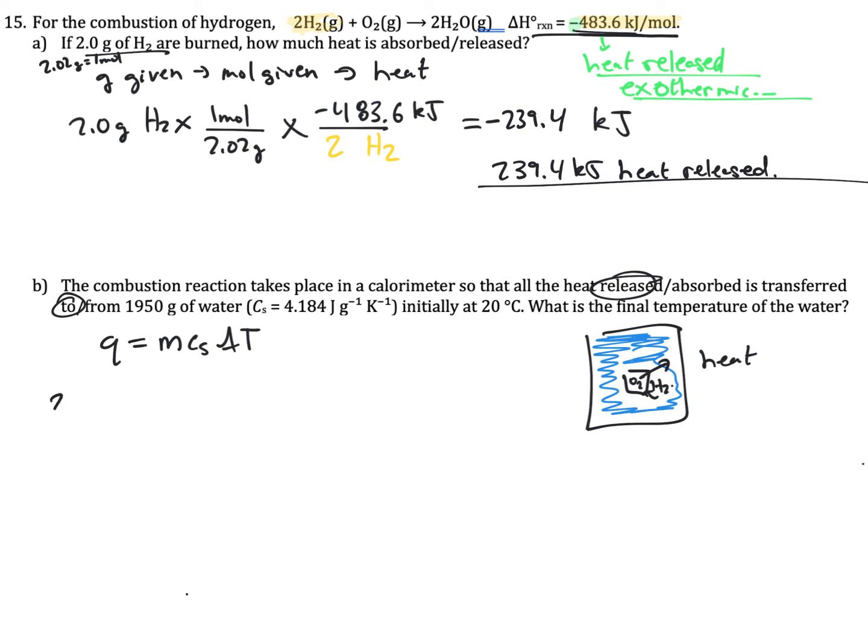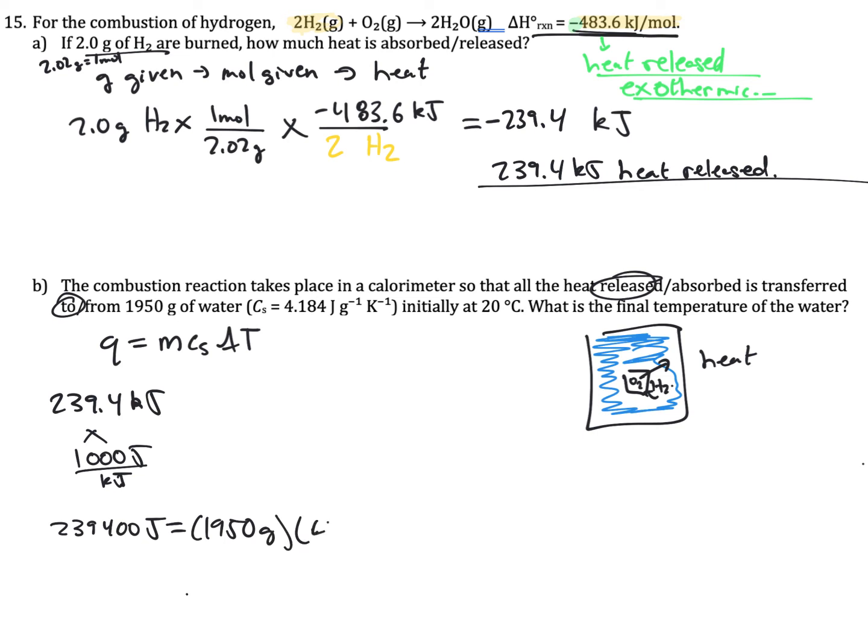So this is 239.4 kilojoules, and I'm going to need to convert that to joules to make it match my other side. So that's times 1,000 joules per kilojoule. That gives me, just add 3 zeros on it, 239,400 joules is equal to 1,950 grams